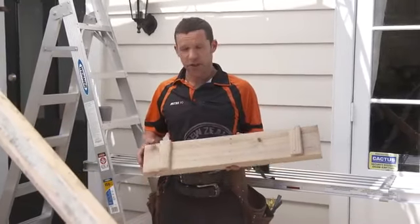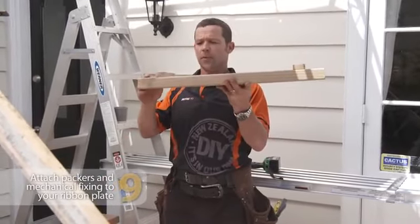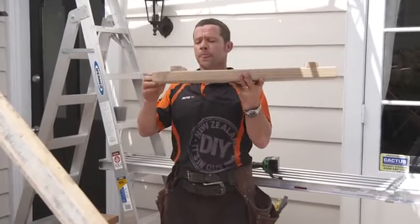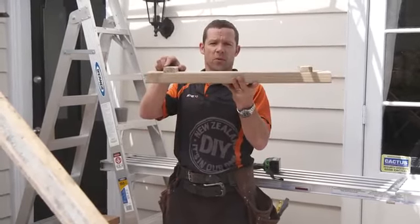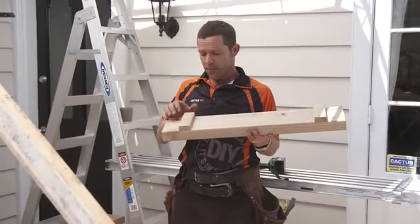Rightio, the next thing we need to do is attach our packers to the back of our ribbon plate. So like in this example, I've got a 20 mil thick packer. That's what council regs state. Now I've made these 45 mil wide. So what I'm going to do is cut up a whole lot of packers, about 20 mil thick by 45 wide,